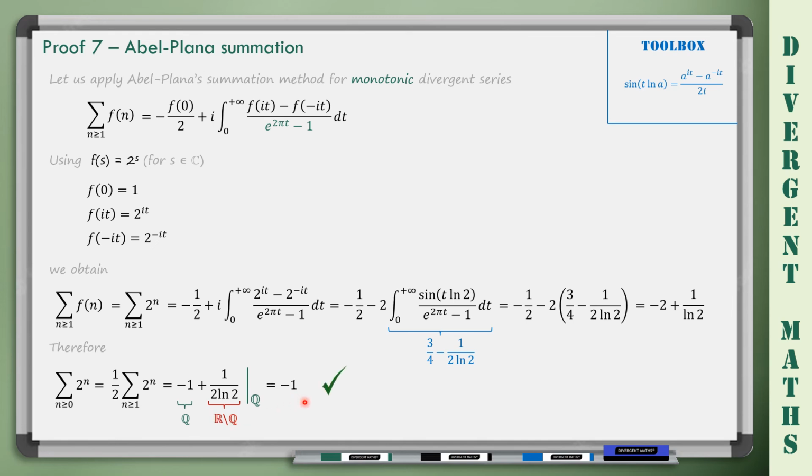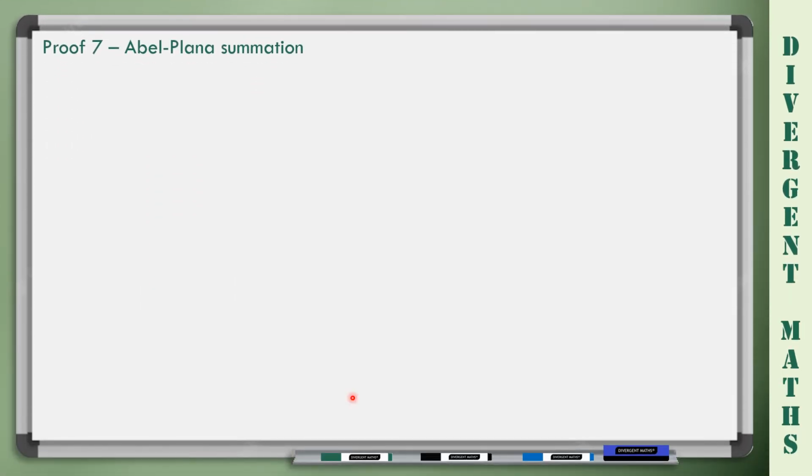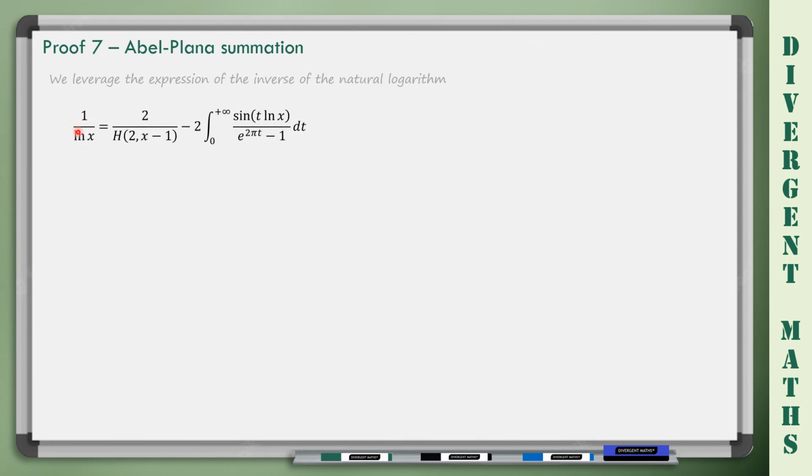That's good. So let's draw the next board just to expand a little bit on that one and find out how we got there, how we figured out that formula. Okay, we have more space here. We leverage the expression of the inverse of the natural logarithm. Here it is. 1 over natural log of x is 2 over the harmonic mean of 2 and x minus 1